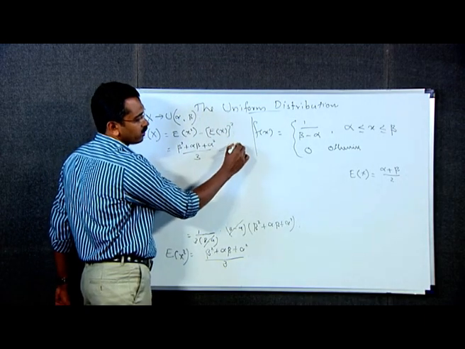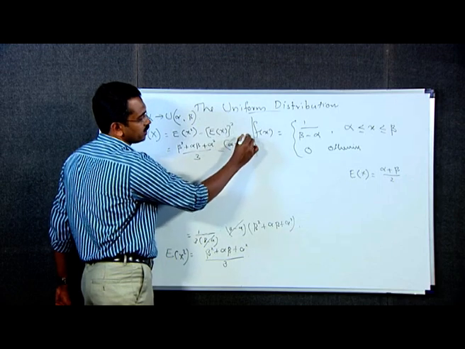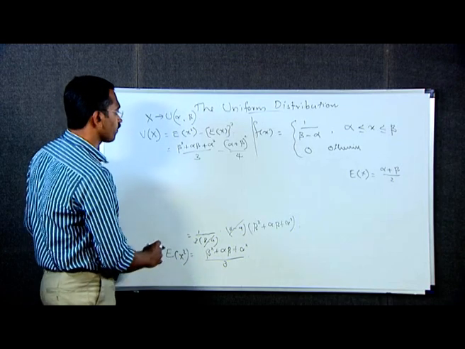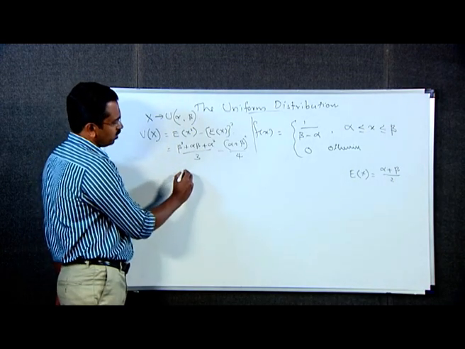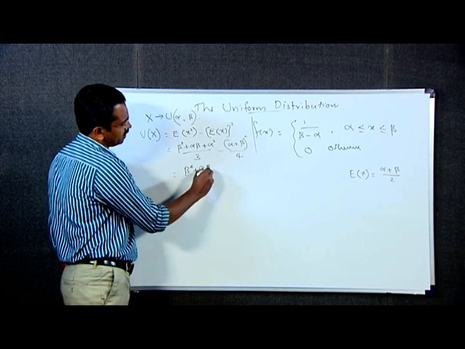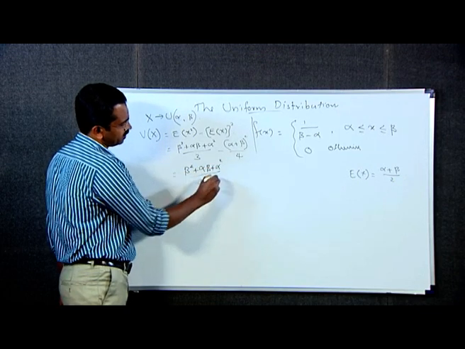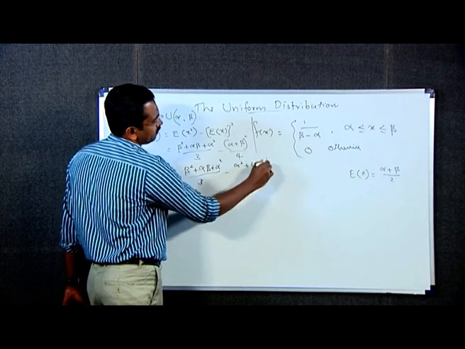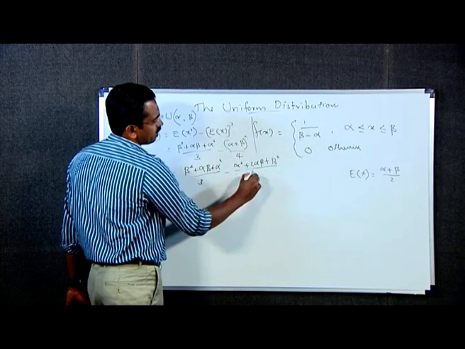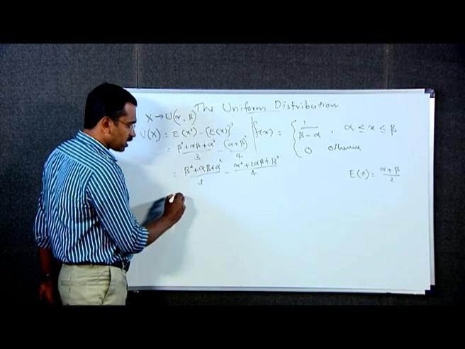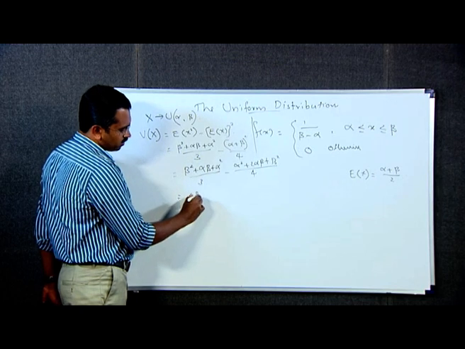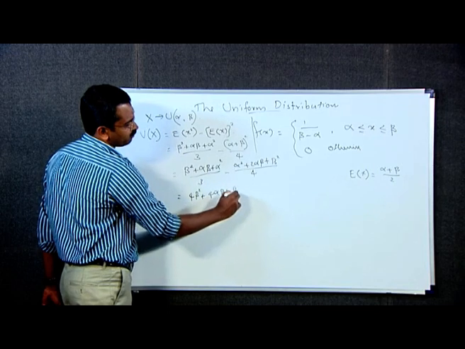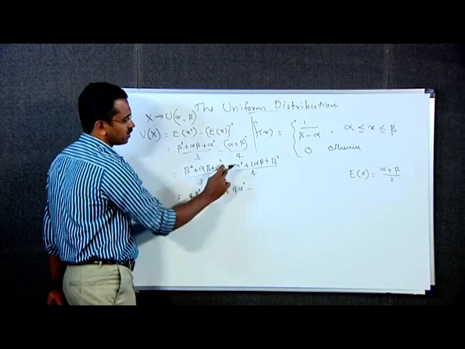Therefore, E of x the whole square means alpha plus beta square divided by 2 square, which is 4. This is equal to beta square plus alpha beta plus alpha square divided by 3 minus here alpha square plus 2 alpha beta plus beta square divided by 4, which is equal to 4 beta square plus 4 alpha beta plus 4 alpha square minus 3 alpha square